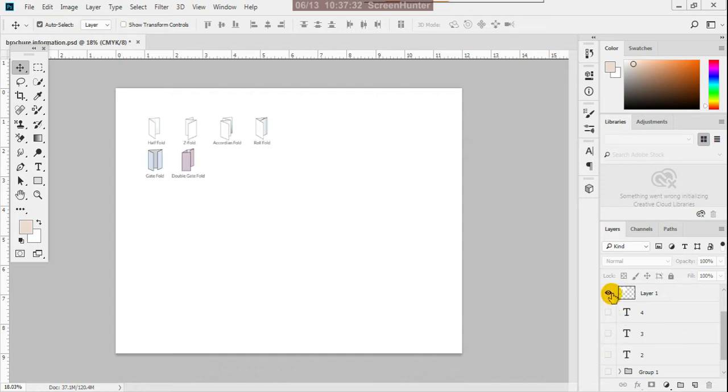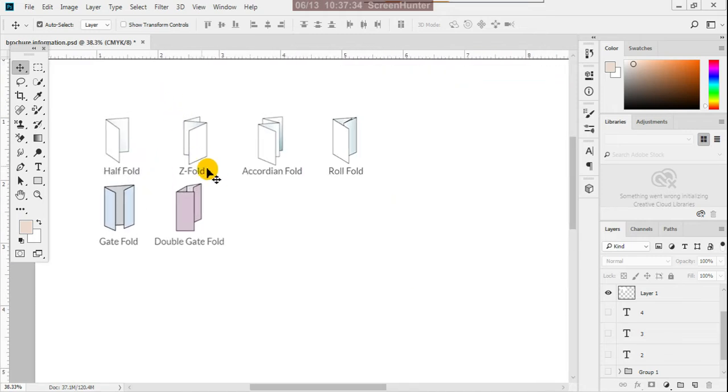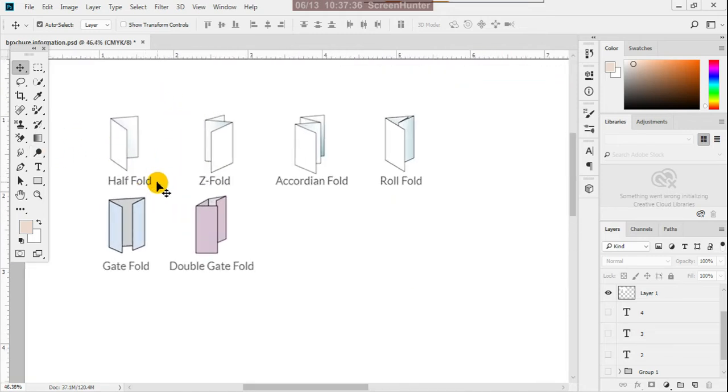Suppose I'm giving an example here. This is a half fold and this is a Z fold. It looks like a Z shape, so that is the reason we call it a Z fold brochure. And this is an accordion fold, which looks like a W M shape fold.